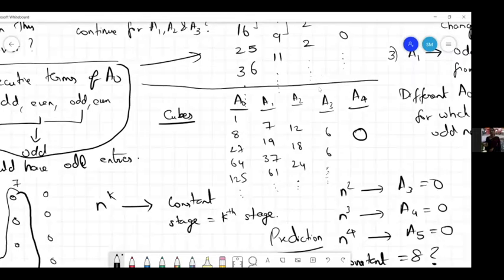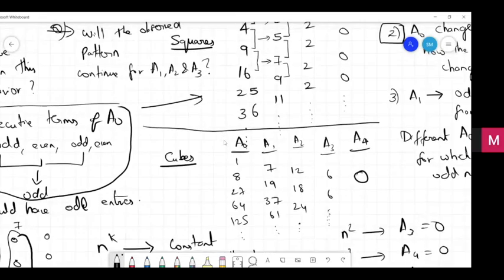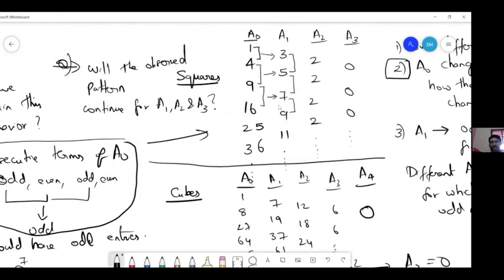I don't know whether it's a good observation. Oh, okay, no, it's great. So you're saying that in general, for any power, if you look at the stage before the constant stage, it's all evens. Oh, very interesting. Wow. Very interesting observation. Very interesting conjecture that you're making. But in square we didn't get even, right? For squares, we don't get even. It was odd, we have odd numbers here, 3, 5, for the constant. Yeah, that's true.